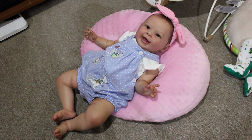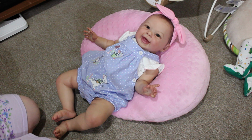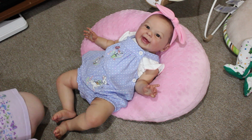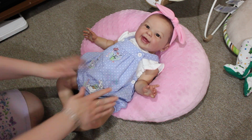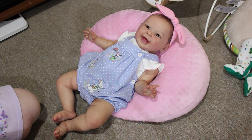Hi guys, so I'm here today with Maizie and we are going to participate in theme of the week. So I've been waiting to try on this outfit from another Gymboree outfit. She's already wearing a Gymboree outfit and I love this outfit on her and I hate to take it off. It'll probably go back on again soon, but